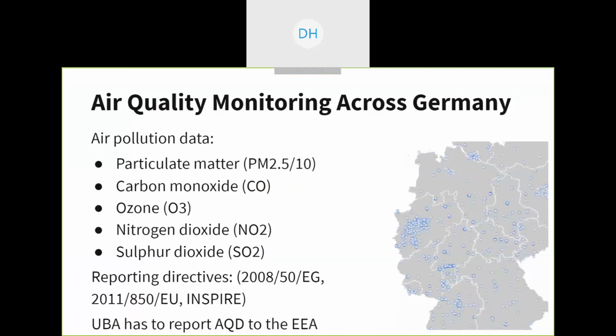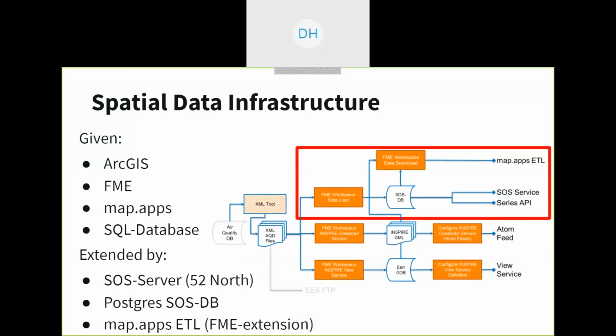So there's a range of the air pollution measurements that are taken and types, and those are the directives supported by this. And UBA, I guess that's the German abbreviation for the German Environment Agency. So in terms of the components that go into this, there's an existing system based on ArcGIS, FME, Map Apps,